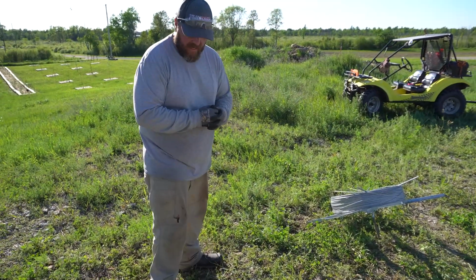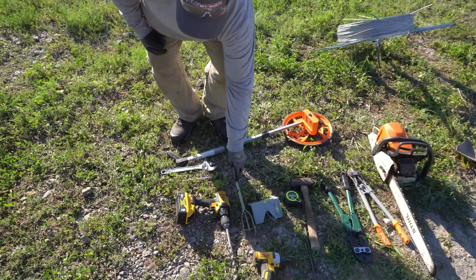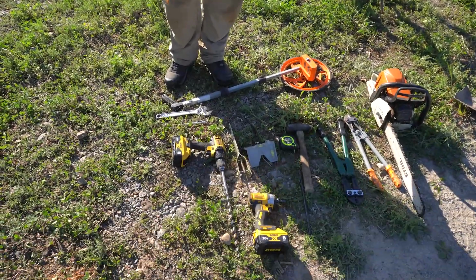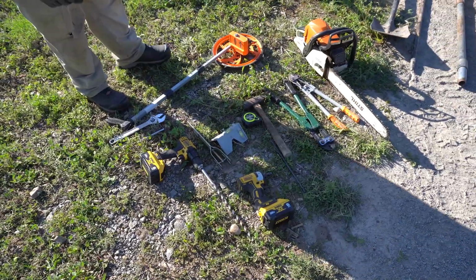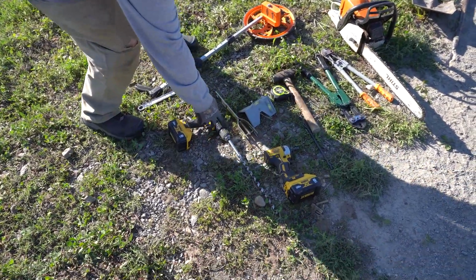Otherwise, you're just going to have a big giant mess. So some of the other stuff: a tensioning tool, where we showed you our cross pieces for the wire. You're going to need one of those. You can use a crescent wrench too, but that other tool makes it a little bit easier to get it tight. So things we're going to have here, we have our drill with varying size drill bits for those